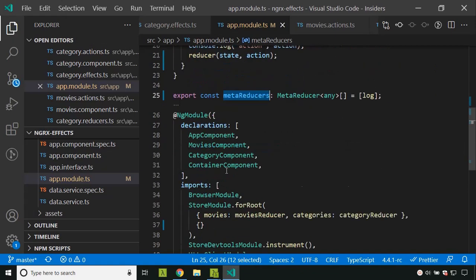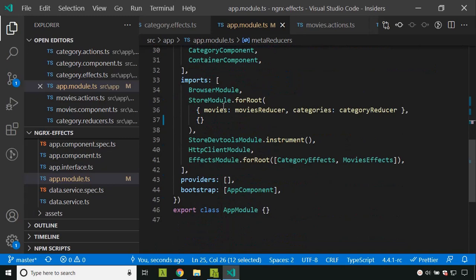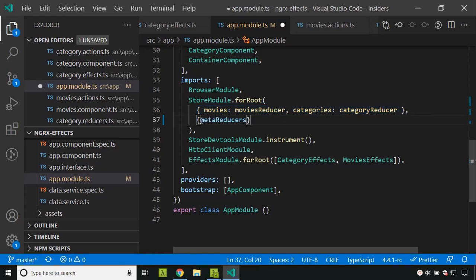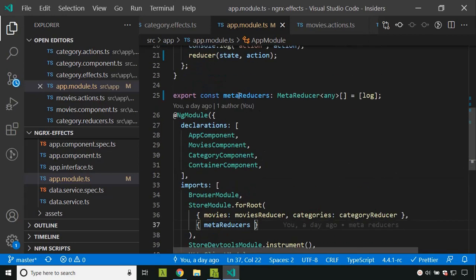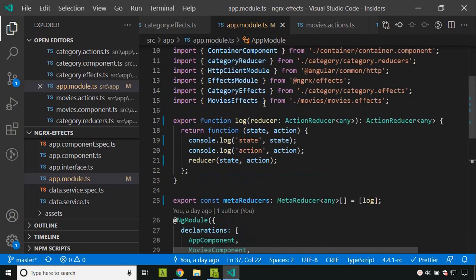Now we can add this metaReducers inside the StoreModule.forRoot. You can see that initially we provide the list of reducers and all of these will be merged into a single store. Similarly, there is a second object here, where we can assign the key metaReducers and the value as the constant which we defined here.